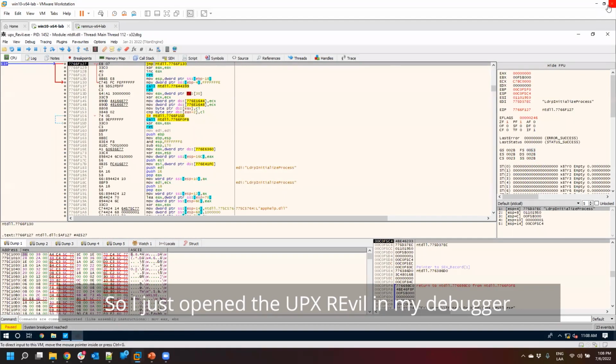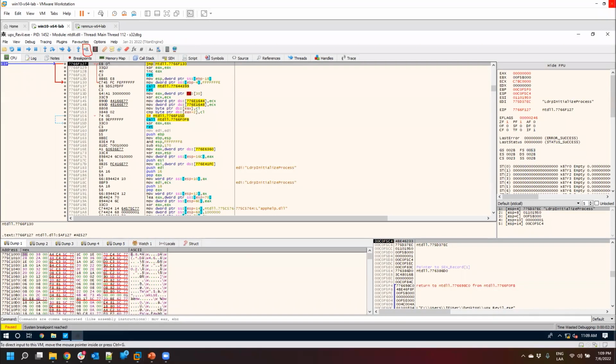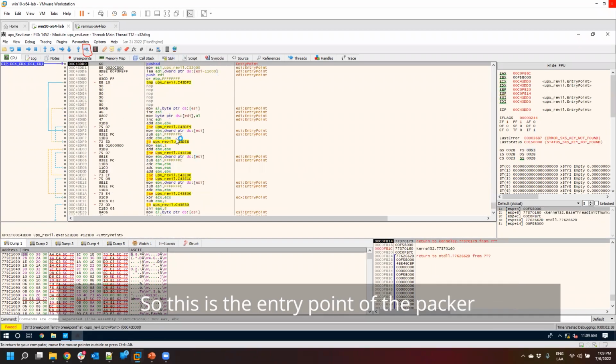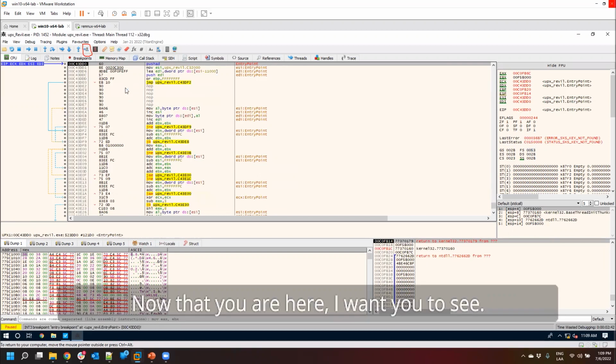So I just opened the UPX-R-Evil in my debugger. Then what I did was just click this button. That button is going to execute the code until the entry point, boom. So this is the entry point of the packer. Now that you are here,